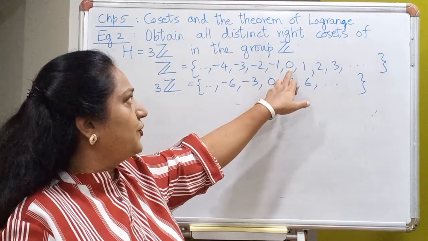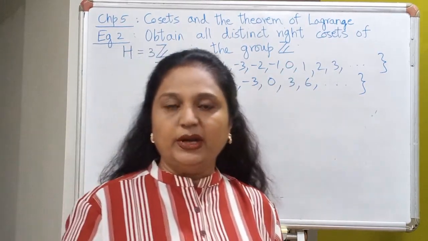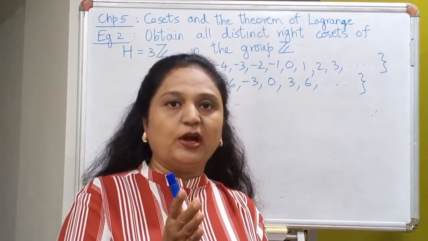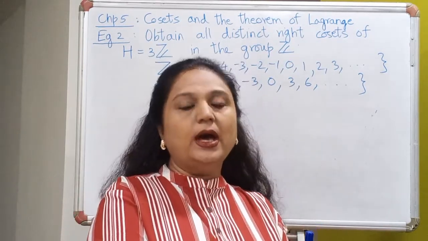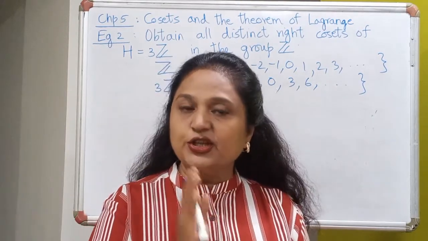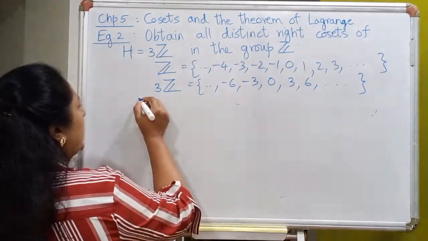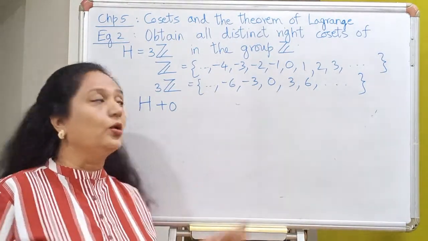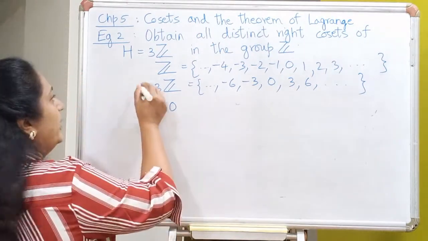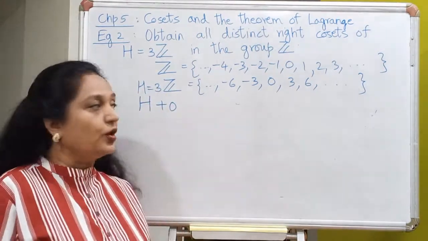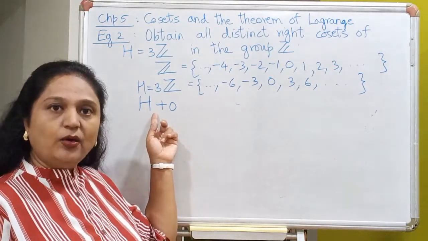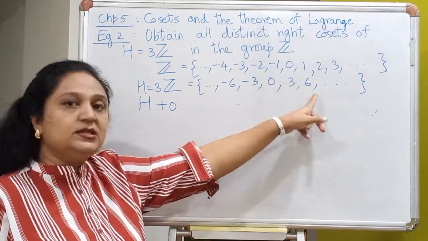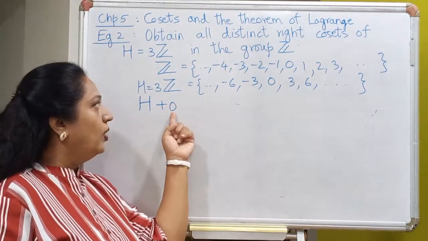So, just for convenience, I will start with the element 0. Remember, I am looking at right cosets. So this element 0 will have to come to the right of the subgroup. Also, the group operation is addition, not multiplication. So, when I look at my first right coset, it should be properly denoted by H plus 0. H is this subgroup, 3Z. So, in other words, what I need to do now is, because the group operation is addition, to every element in this set, I must add 0 from the right.